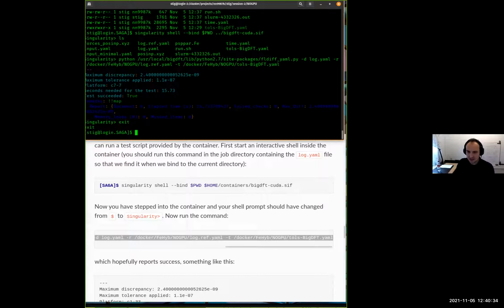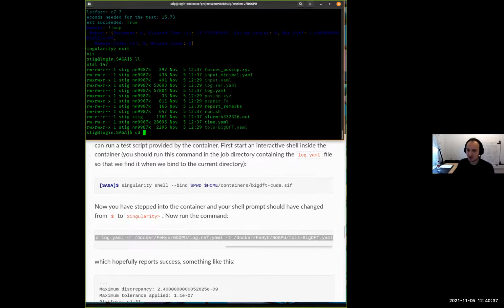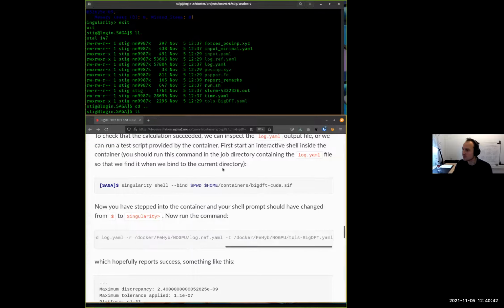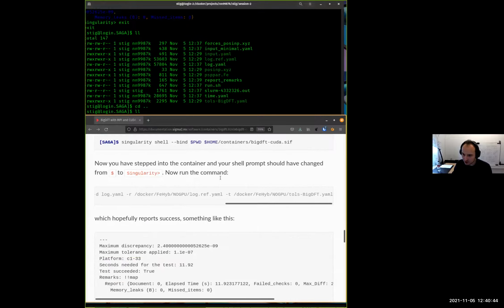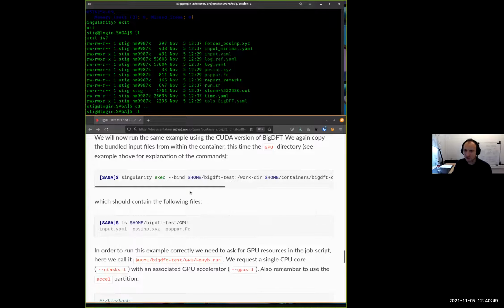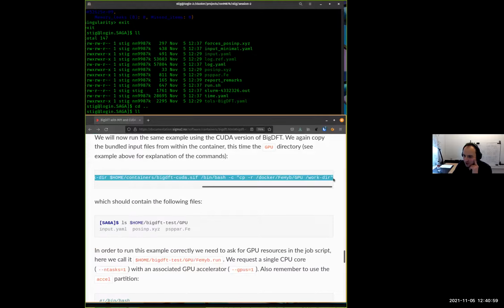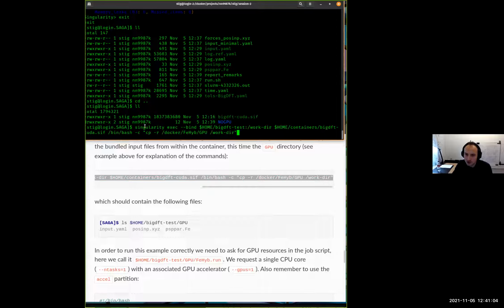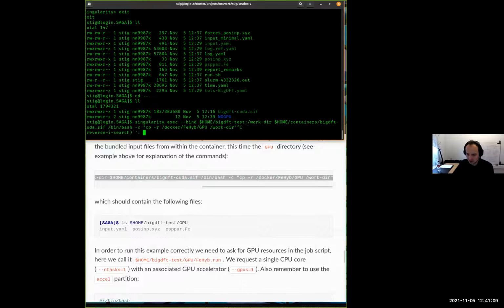So let's exit the container again, and let's try the same thing using the GPU. I need to speed up a bit here to actually be able to run this, but using the GPU is not that complicated, really. So I will first do the same thing as we did for the no GPU. So I do Singularity exec, and again, I will use the old